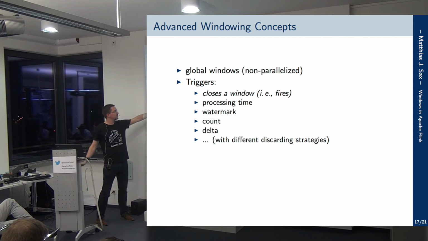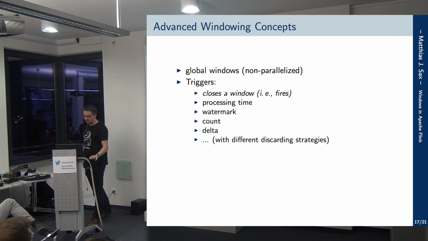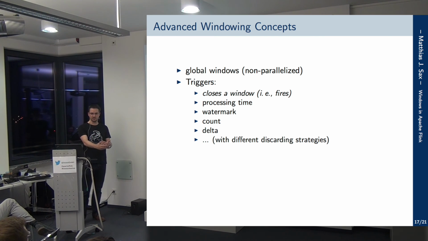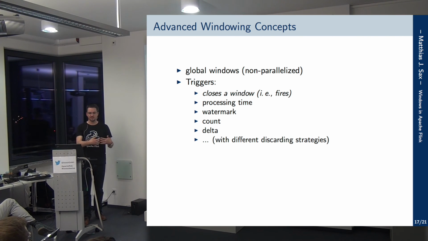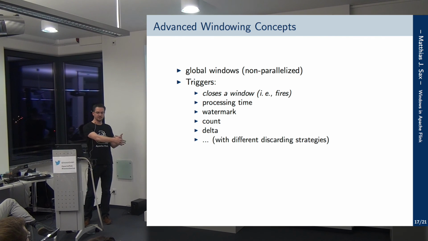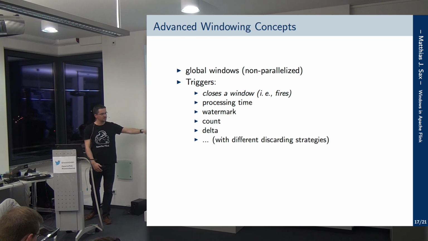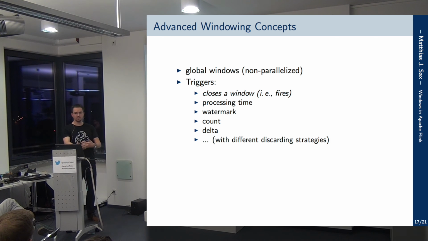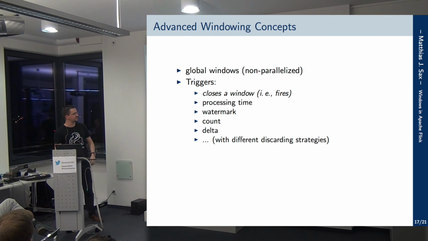The other thing is, those different triggers can have different discarding strategies. That means, in the default case, if you have a tumbling window, for example, you discard everything in the window, because you have processed it. If you have a sliding window, you only discard the stuff that is not in the next window anymore. And here you can have even more advanced discarding strategies, where you say, I want to evict the first 5 tuples of the window, or I have a 5-second window and I want to discard whatever amount of time before. So that is pretty